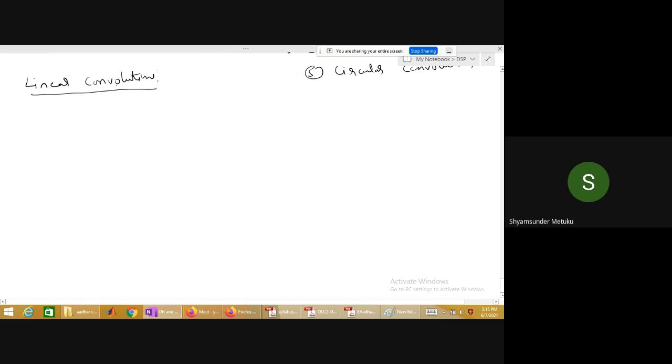When I say linear convolution, the symbolic representation is star. So star is no more a multiplication from now onwards. Dot is a multiplication. Star will be a linear convolution. To perform the linear convolution, you need at least two signals. It is given this way: y of n is equal to x of n convolved with h of n. Generally, linear convolution is used in all the systems. I think in the very beginning I said when I talked about the system, a system is represented by what? Impulse response, is it not?